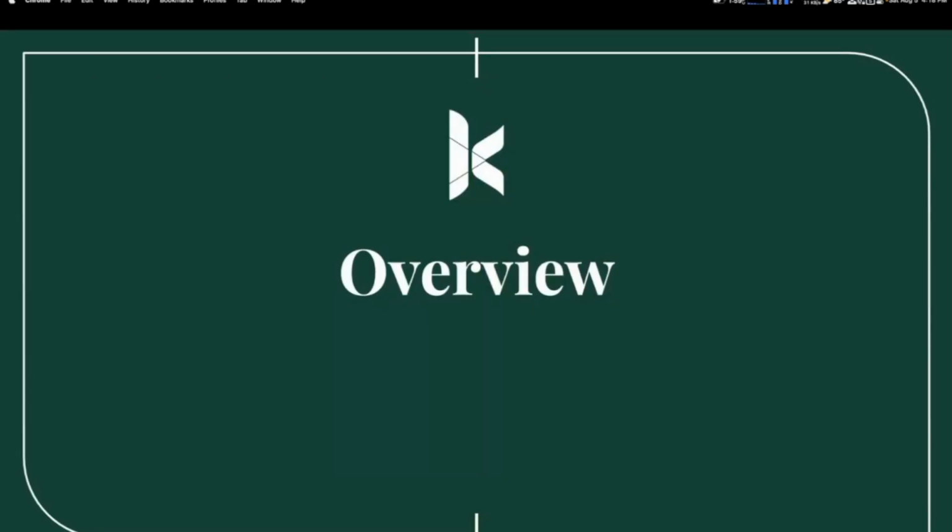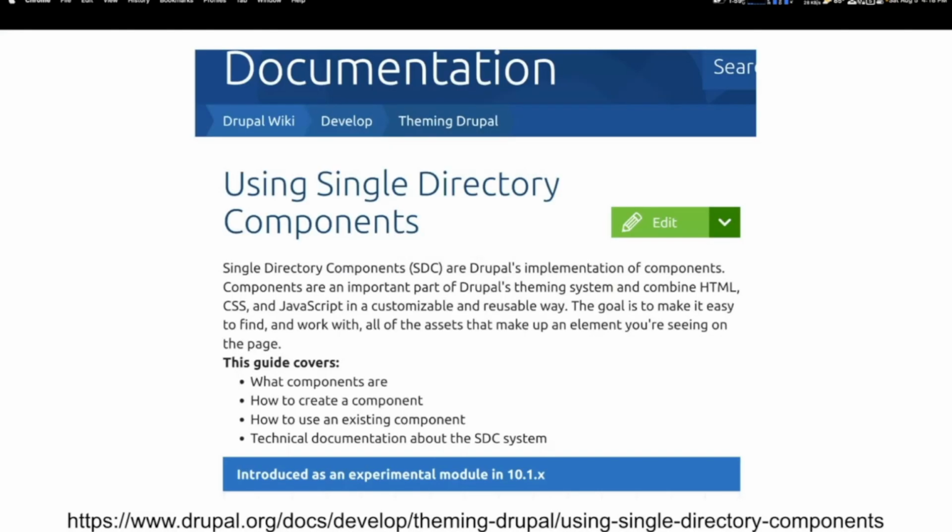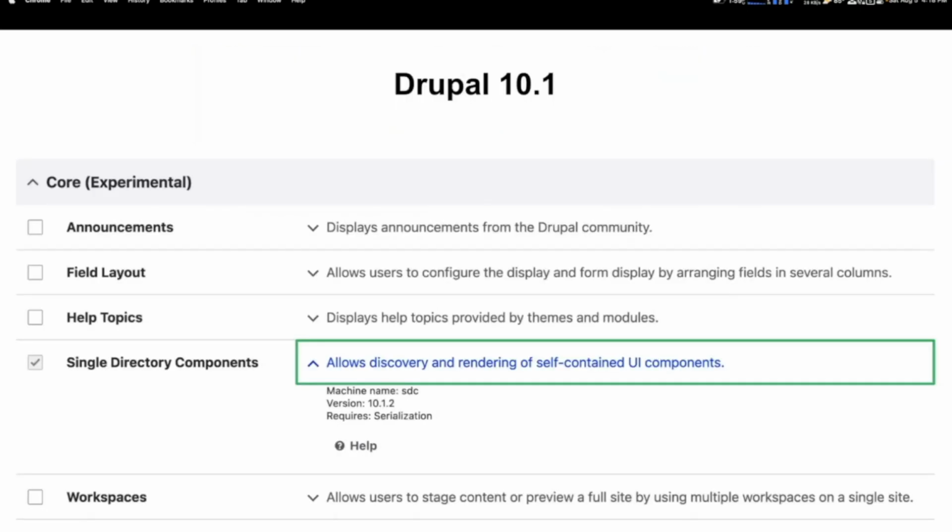Anyway, let's do a quick overview of what Single Directory Components are. This site here is the actual documentation for Single Directory Components. It is really great documentation. That is definitely one thing that they got right on this. There are a lot of good points and good helpers on there. What it is, it's part of Drupal 10.1. It's an experimental module. It is only in Drupal 10.1, and I will bring up the reasons why that's going to be some people's pain points later, but as of right now, it's fine.